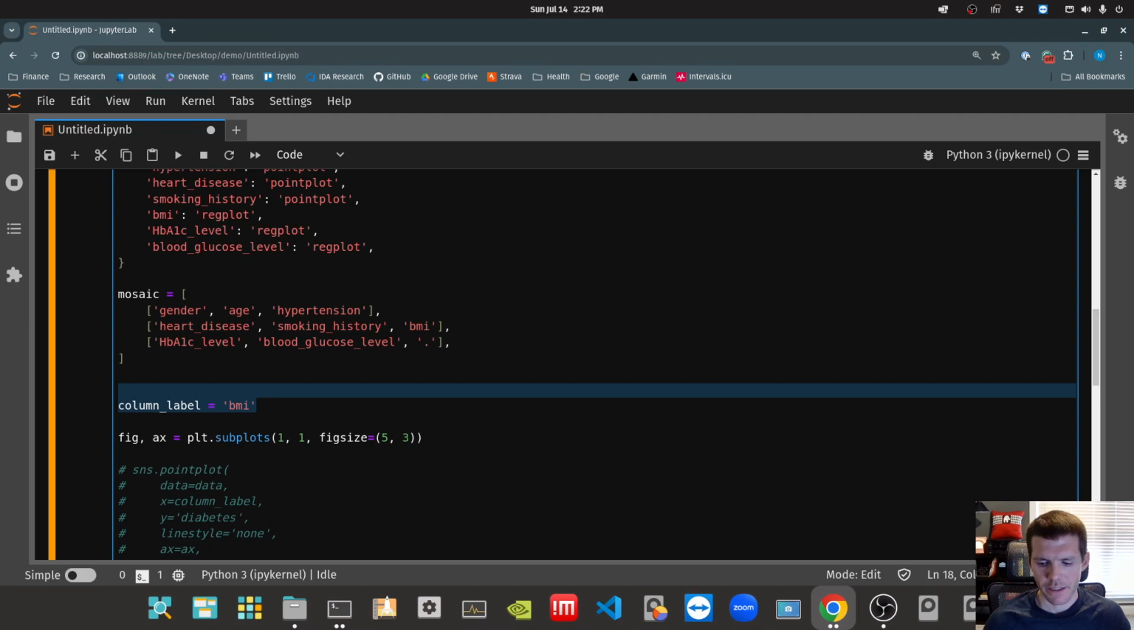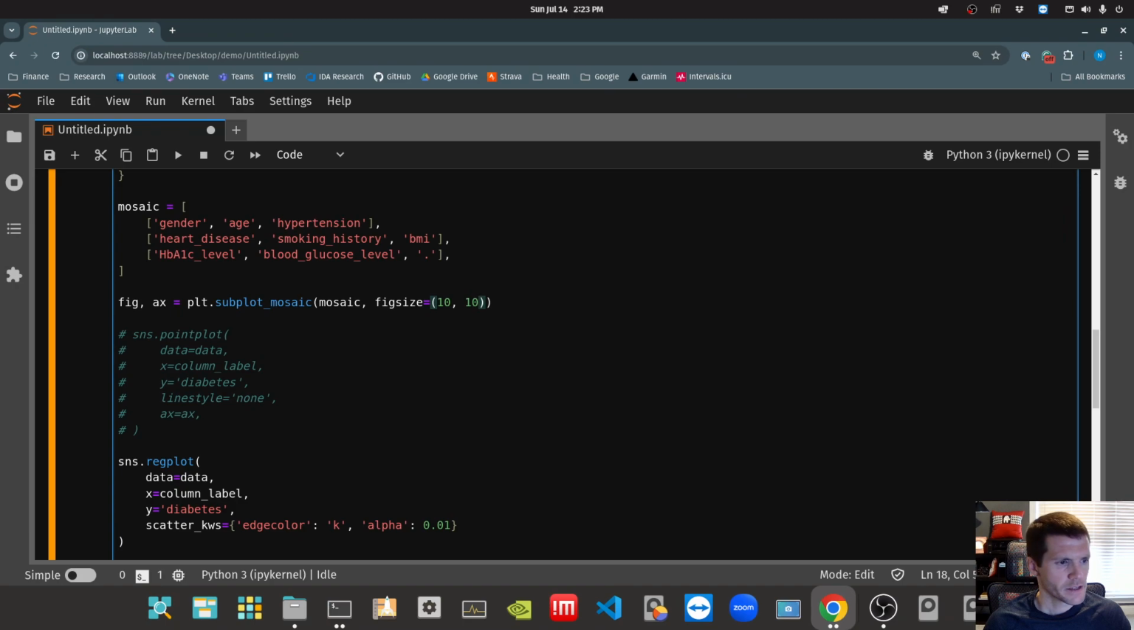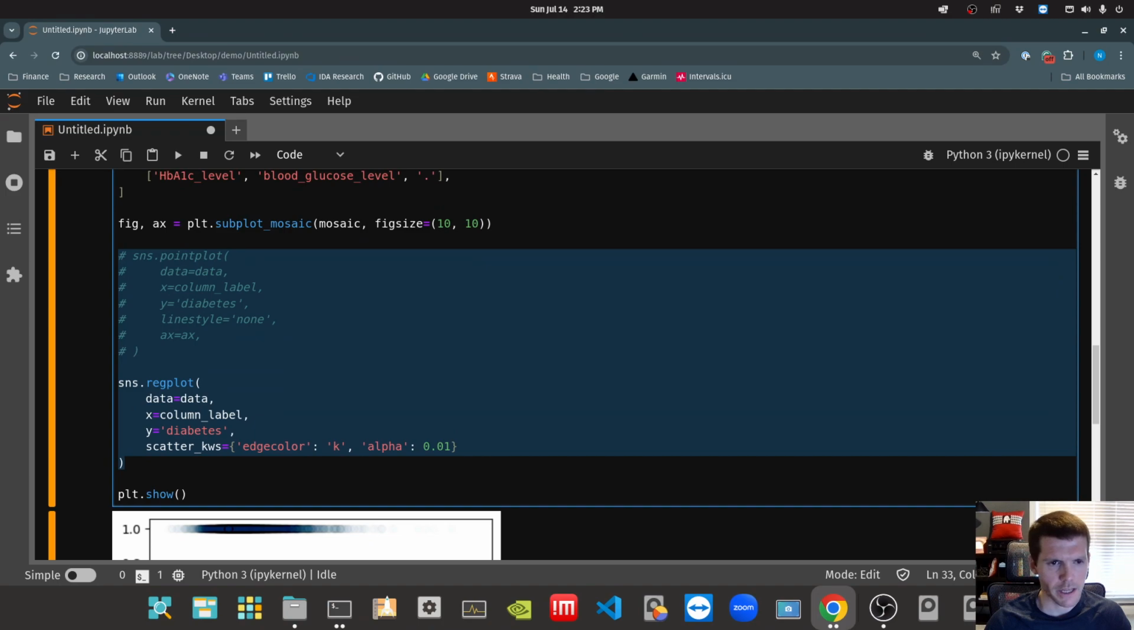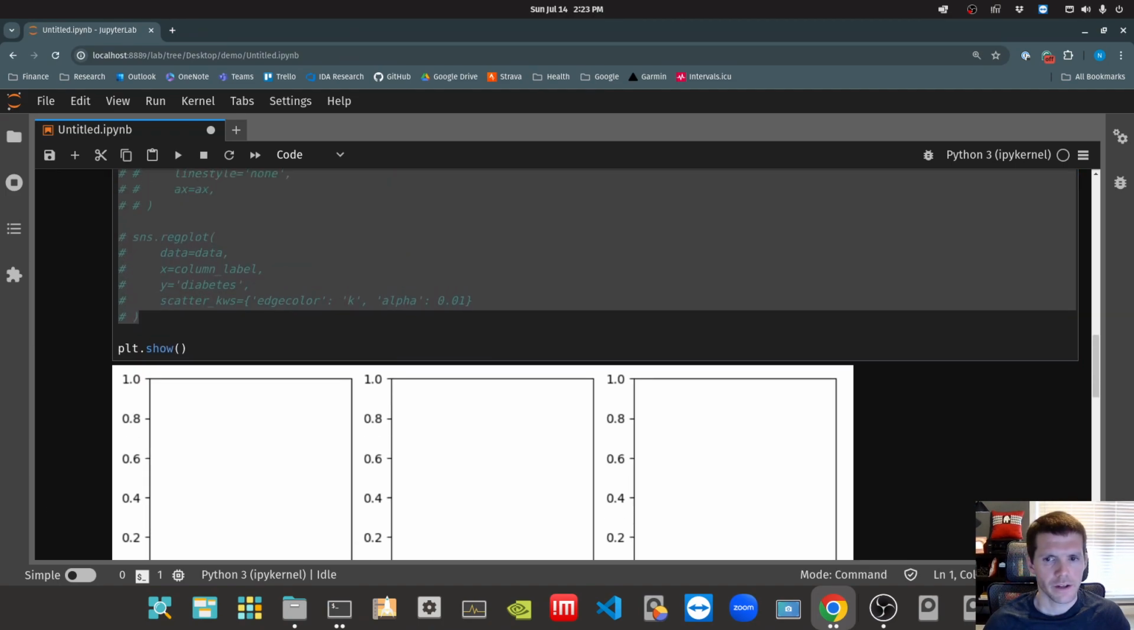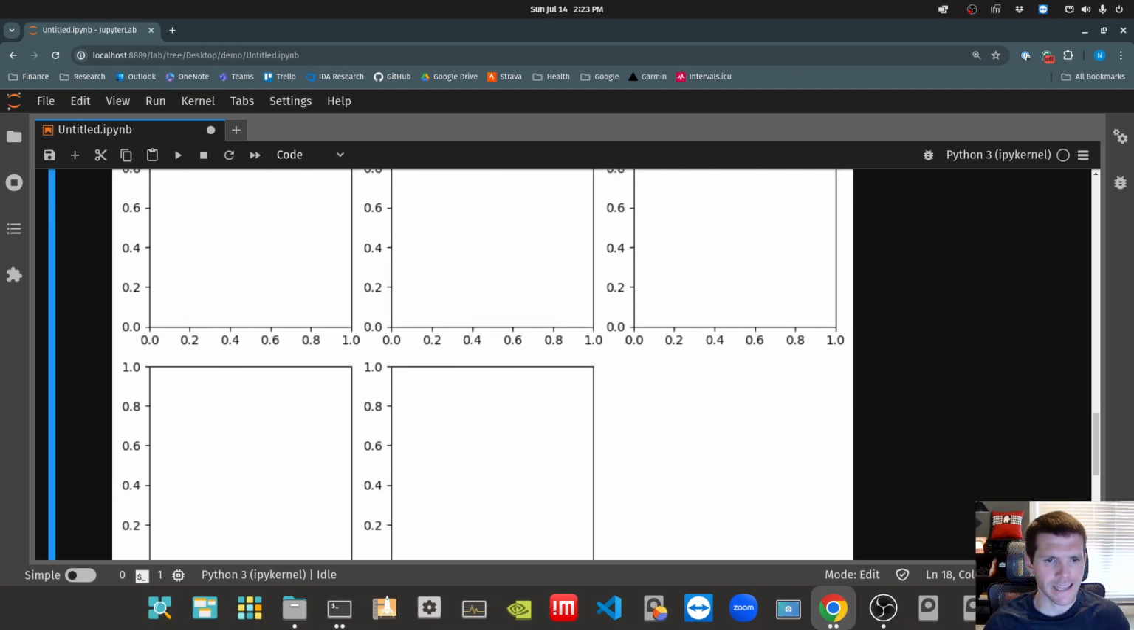So now we're not going to need our column label anymore. And what we'll do, instead of using subplots, I'm going to use subplot mosaic. All right, and I'll just hand off my mosaic. And for now, I'll just make this a 10 by 10. All right, so just to show you real quick, if I were to comment all of this out, that's going to generate this mosaic, and it hands it back as this AX object,